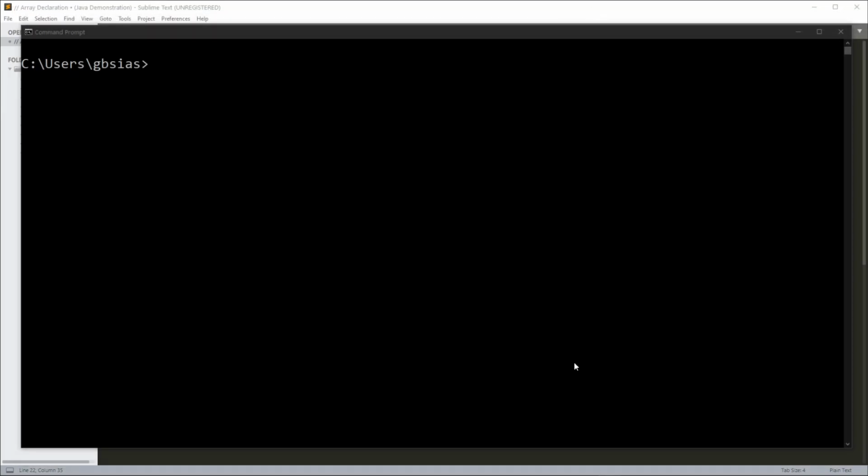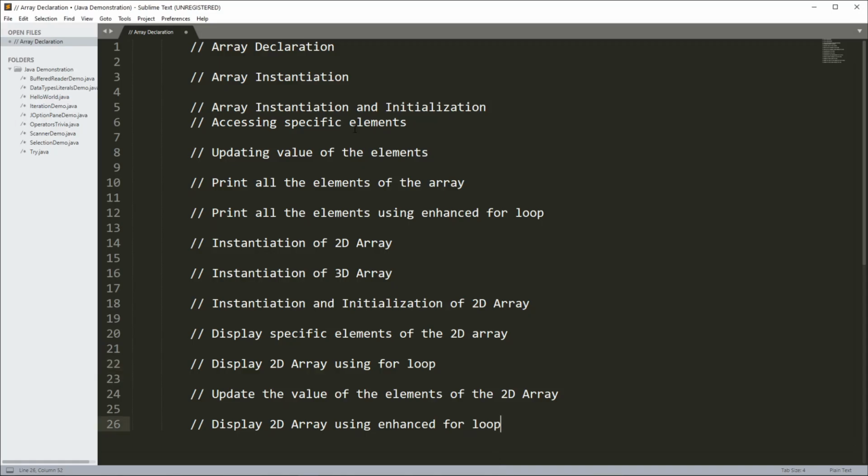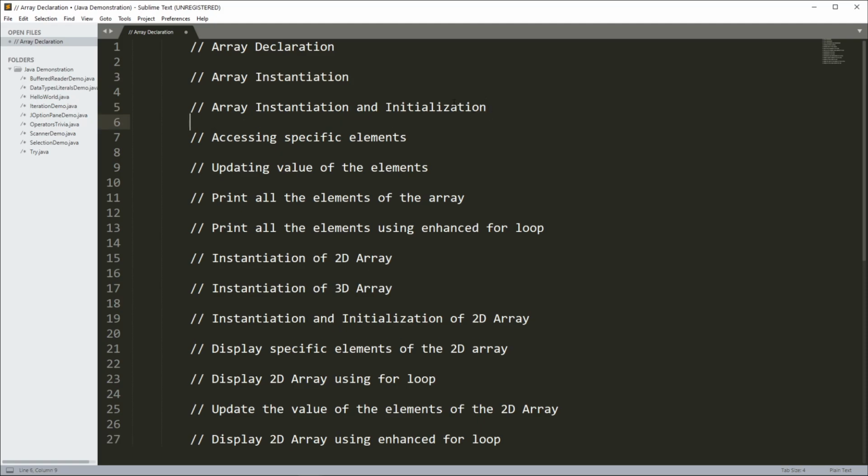In this video, I'll demonstrate arrays in Java. So in this demonstration, I'll demonstrate all of these things. So array declaration, how to declare an array, instantiate and initialize, how to access specific elements of an array, updating the values, printing all the elements,